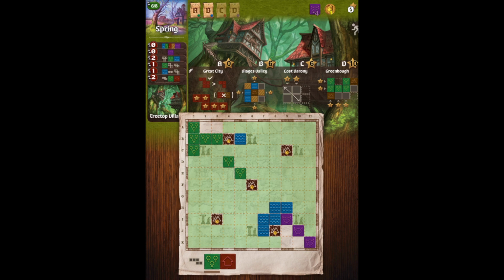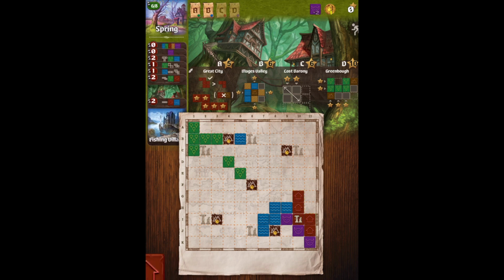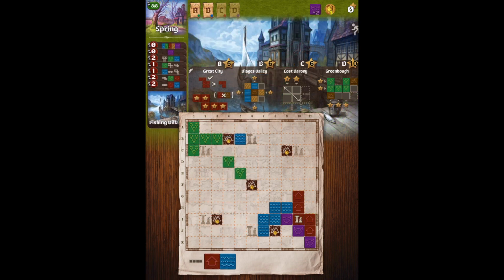Next up, we have some more forest options here, or I can go ahead and start working on my great city, and I think that's what I'm going to do because I don't have anything in the great city right now. Now, what I don't want to do with that is cover up the mountain spaces. So what I'll do is I'll put that there to take out some of those monster spaces, and I'll go ahead and start working on my great city right now. Now this is going to be the last tile that comes out because this is the 8 out of 8